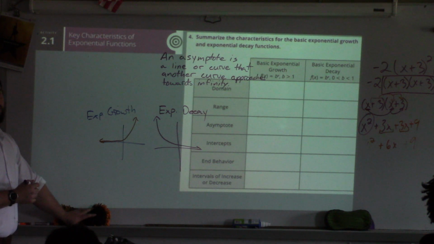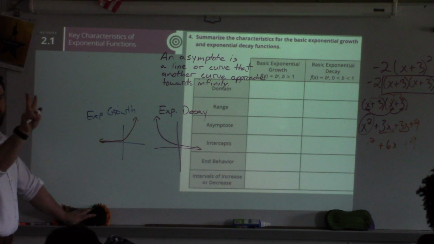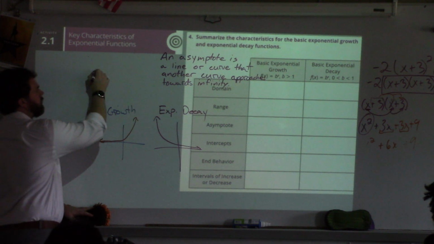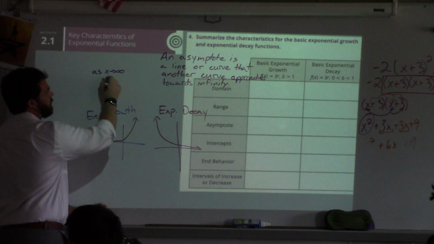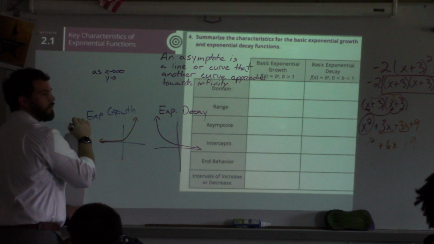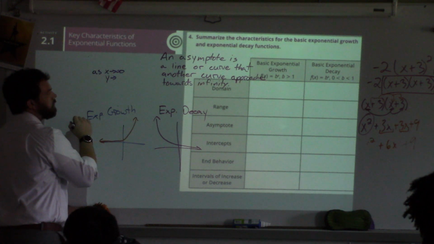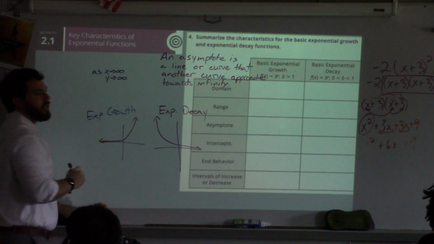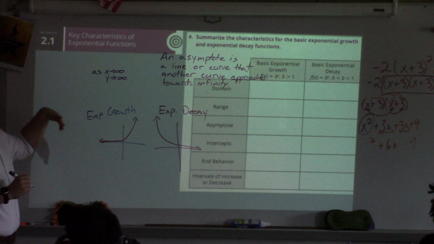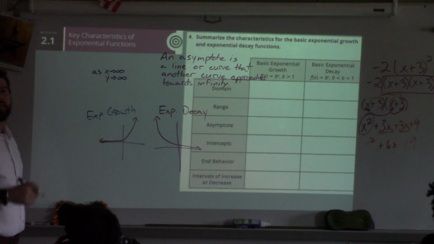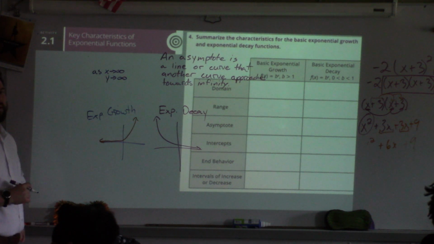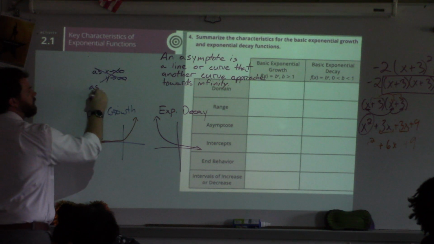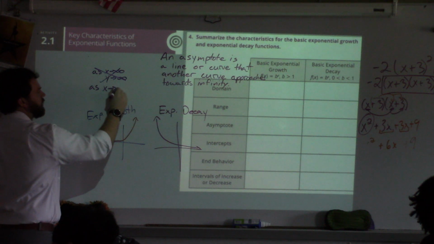Okay, but y'all are forgetting, there's always two variables you have to think about. The x is going towards infinity. So as x goes towards infinity, y goes towards what? Positive infinity, because it's going up. Is that a line or a curve that's approaching, or is it just approaching infinity? It's just approaching infinity. So it's not that. What about on the other side? As x goes towards negative infinity,